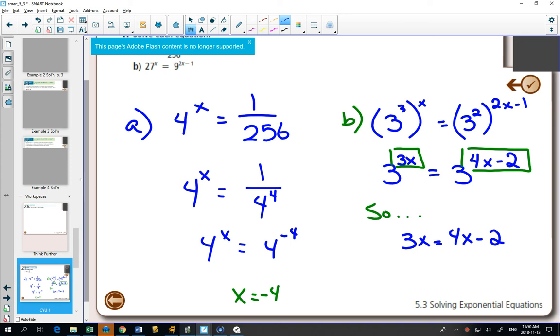A little bit of like terms. X is equal to 2. Questions for practice are